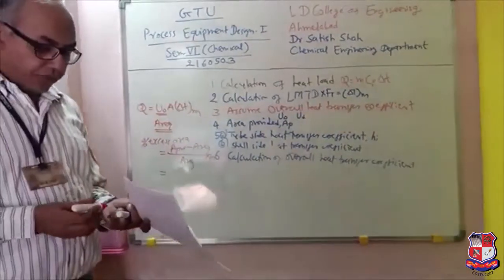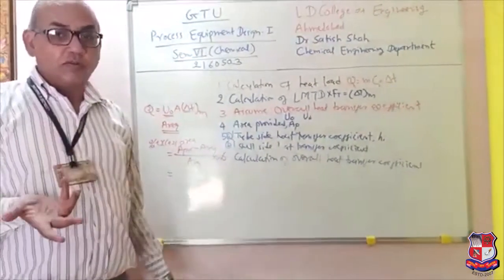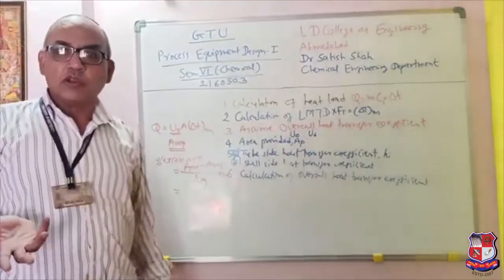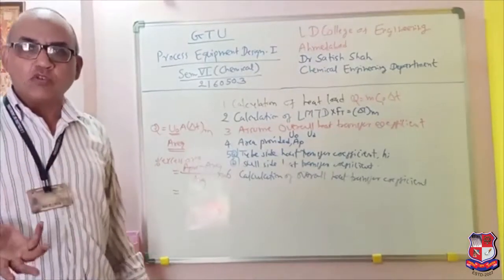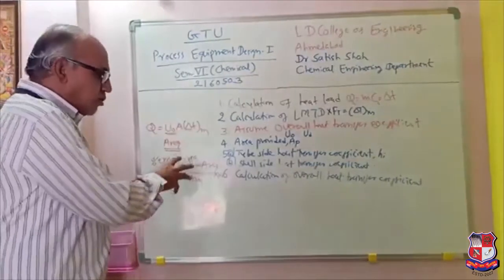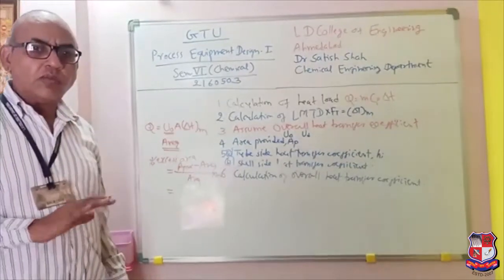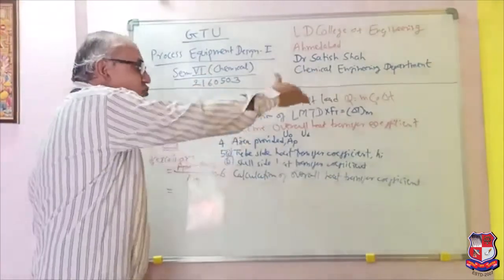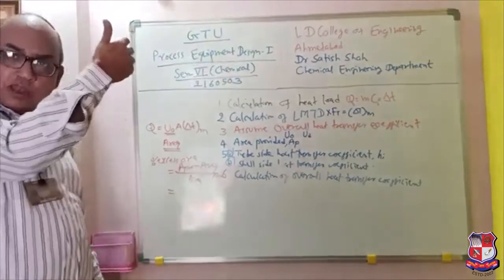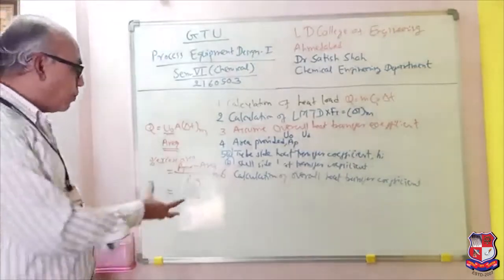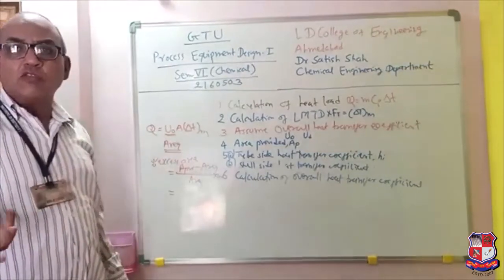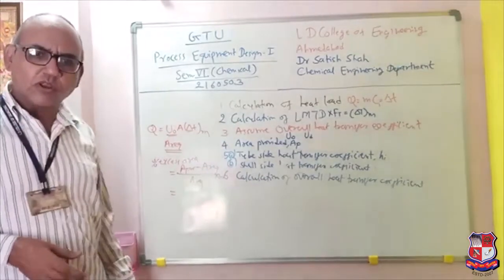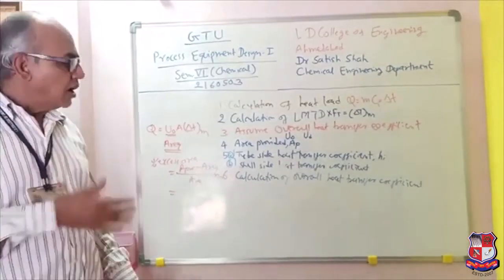Whatever value you get, it is our standard practice that if it is between 10 to 20%, then we can say that our design is okay. But if it is minus, we will proceed further: we will again assume a value of U, calculate everything again, and reach some plus value. If it is minus, it is not tolerable. But if it is 10 to 20%, that is the range given. Suppose you are getting 25%, no problem. Keep it as it is and continue further.